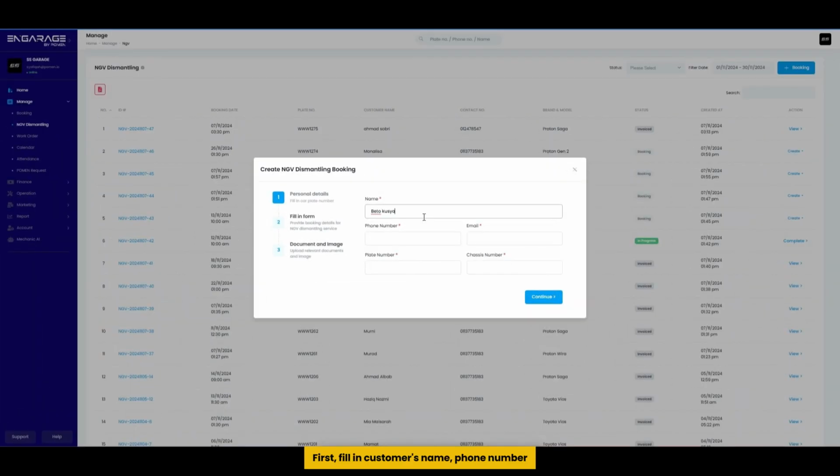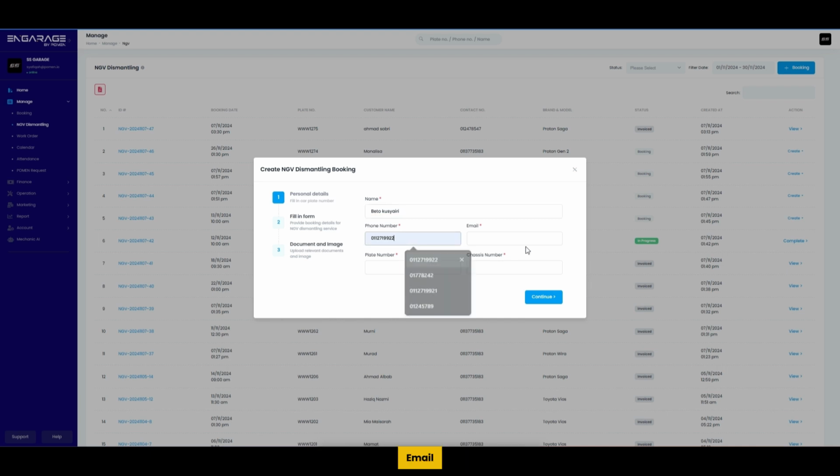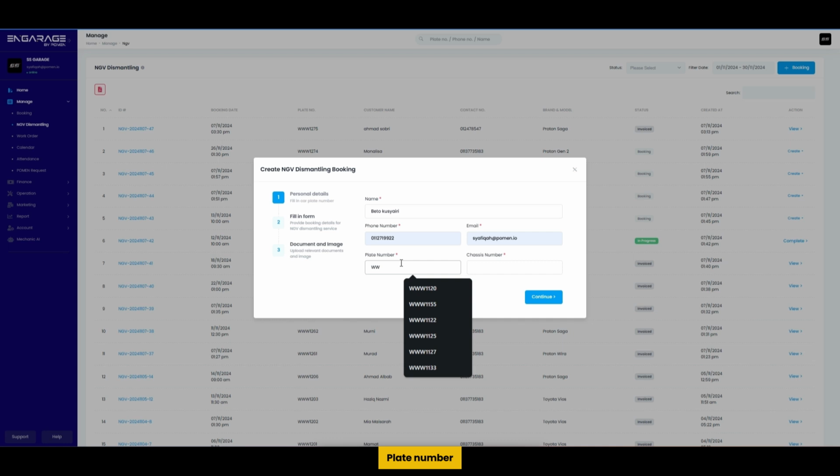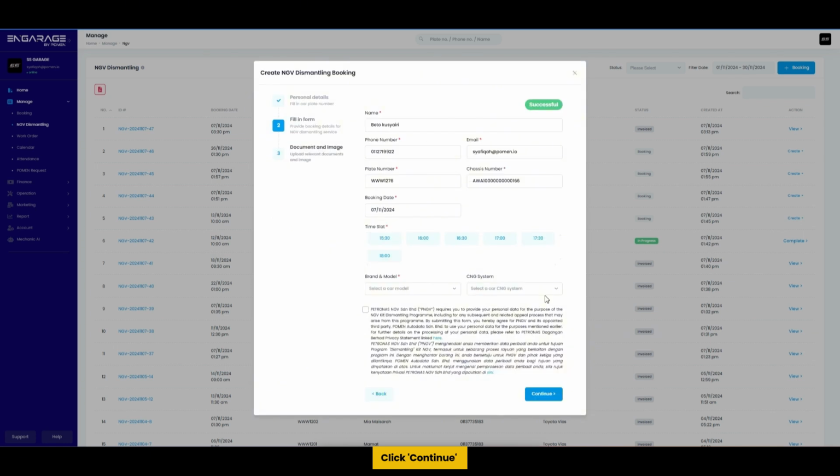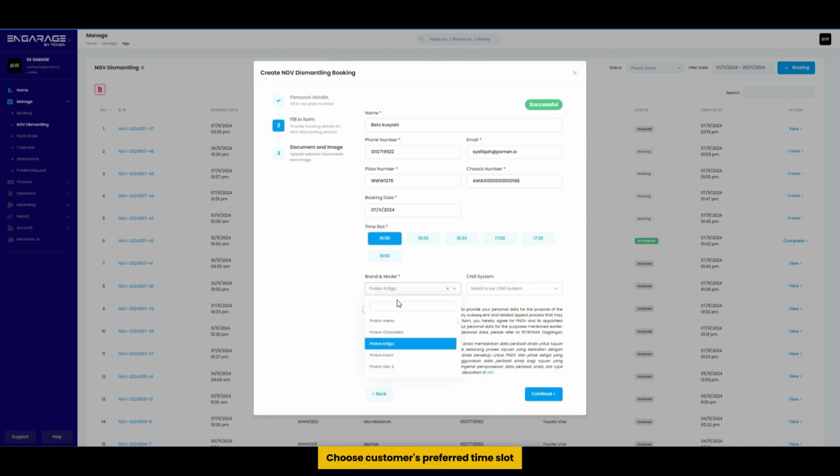First, fill in customer's name, phone number, email, plate number, and chassis number. Click Continue. Choose customer's preferred time slot, vehicle's brand and model,